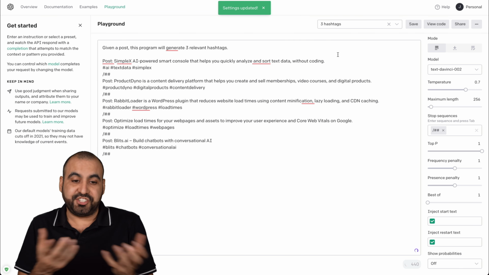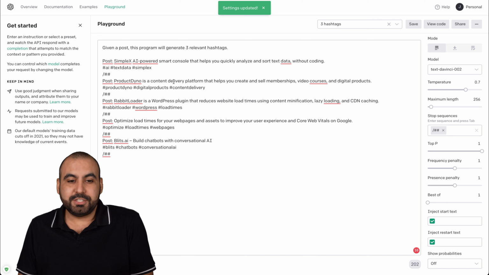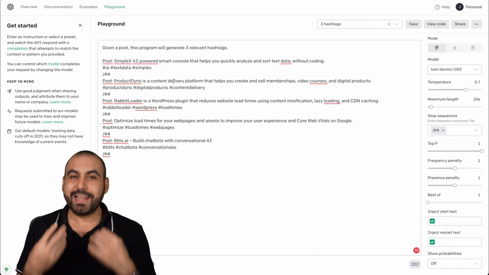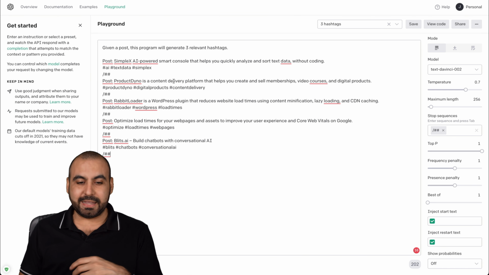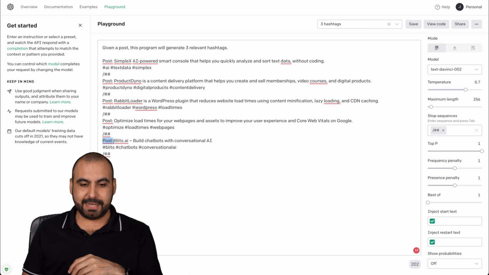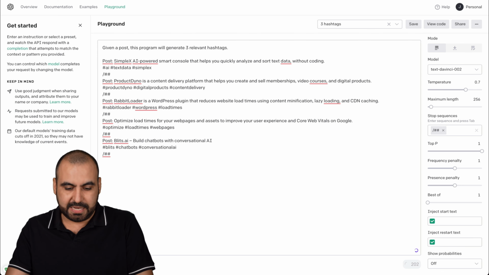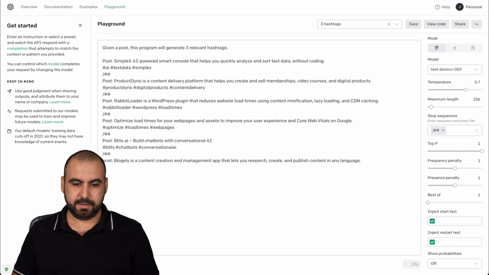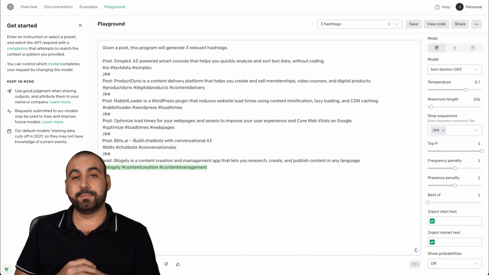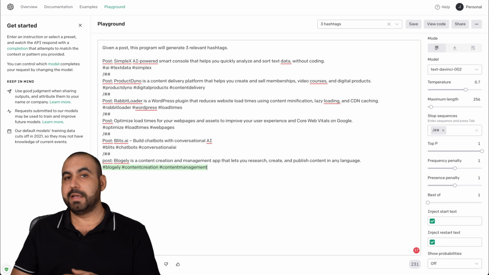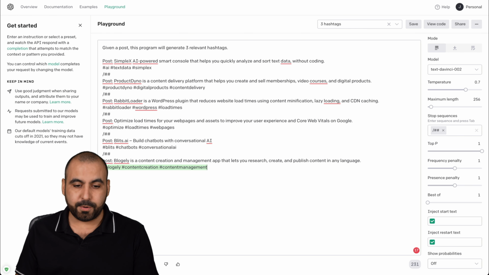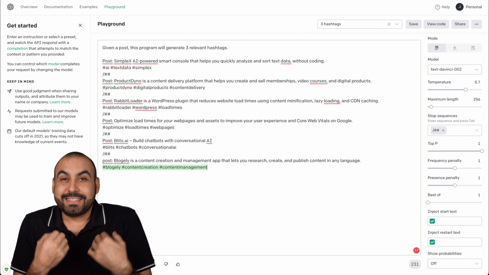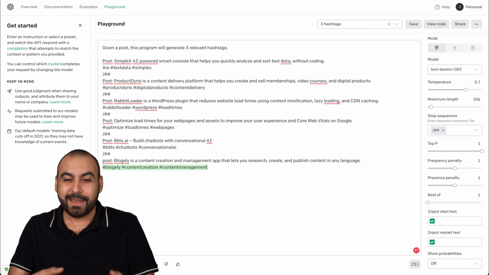I built another one for hashtags. So for example, I wanted it to give me 3 hashtags when I add the post to it. So in this case, this is the post and this is what I'm getting, 3 hashtags out of it. Let me show you an example post. And again, I'll grab this. So I wanted it to give me the 3 hashtags. Boom, it just gave me 3 hashtags based on that. It could be a long post, a short post, whatever, and it's going to give me 3 hashtags because that's what I taught it to do, all right?